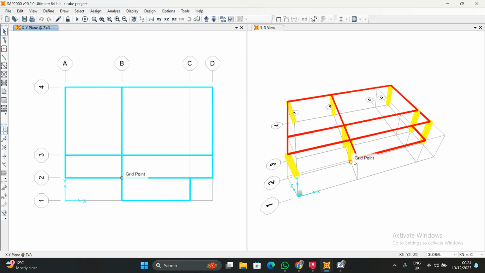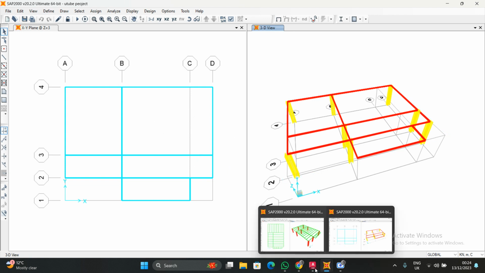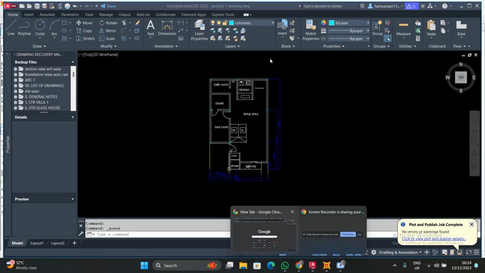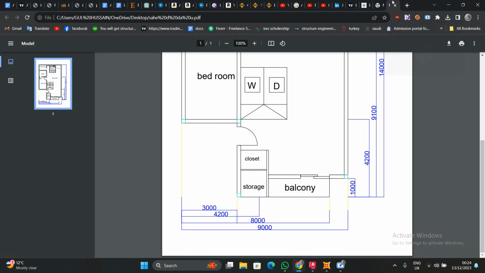So if you see here, we place our columns and we say how to apply loads on the structure and how to assign the supports on the base. But before starting these things, let's check here. This I made in PDF. If you see here in PDF,